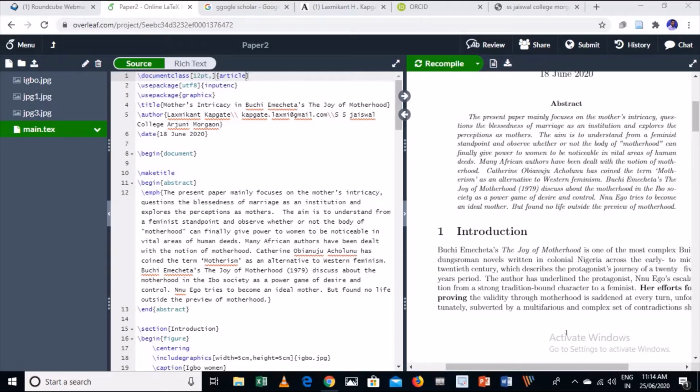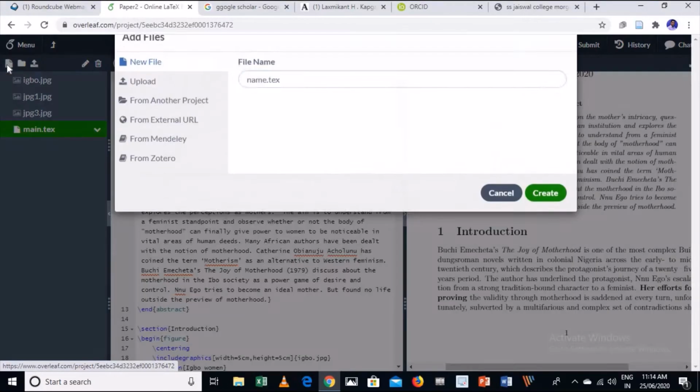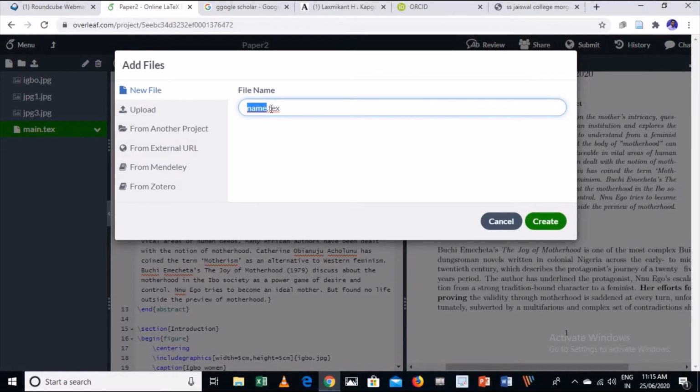Now let's see. For this, my dear friends, first go and create a new file. Here in the left section you can see my arrow, so I'm going to create a file. For example, my file name is Bucci ref.bib. This extension is very important.